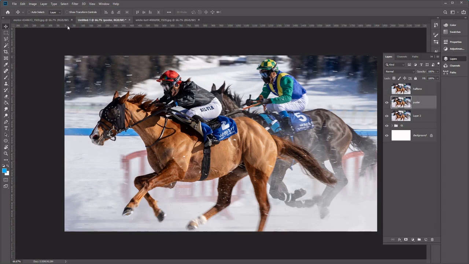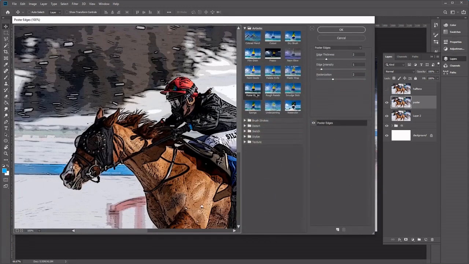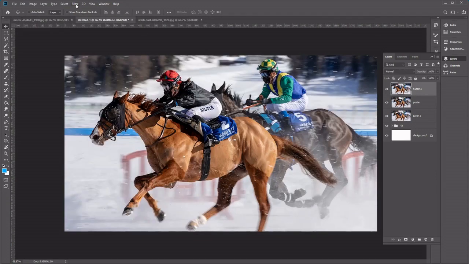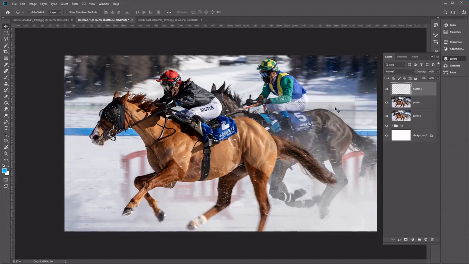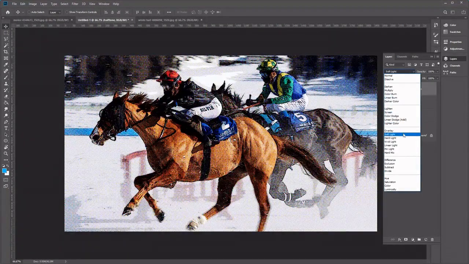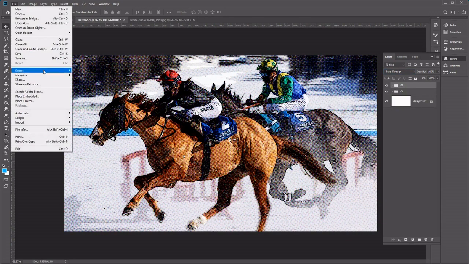So let's hide halftone, select the poster layer here, go to filter, and then go to filter gallery, select poster edges, click OK, select the halftone again, and then go to filter, pixelate, color halftone, select OK, and then change the blending mode here to soft light. Group all these layers here like so, and then name this one 02, and then again go ahead and export